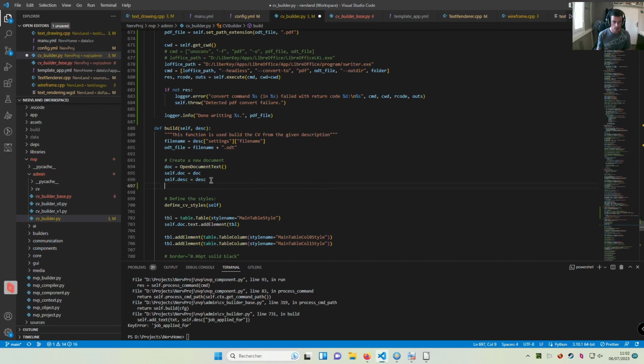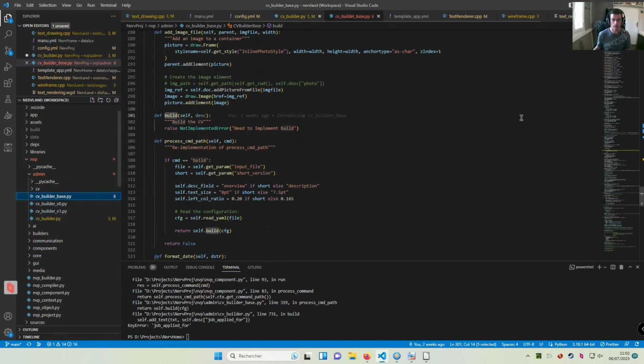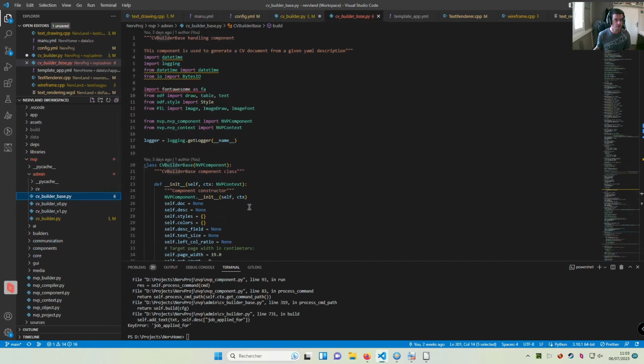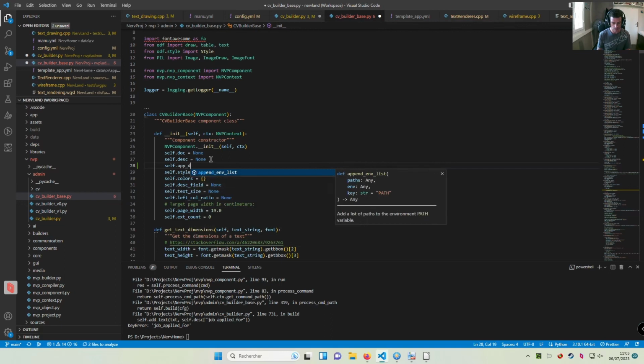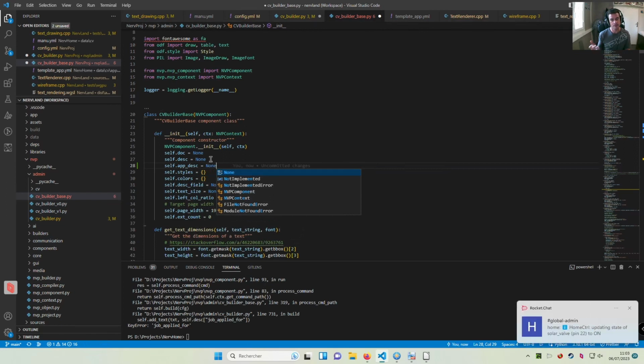So we are going to check. First, you can set that probably in the base file, so description, and let's call that app. App would be for application in the sense,